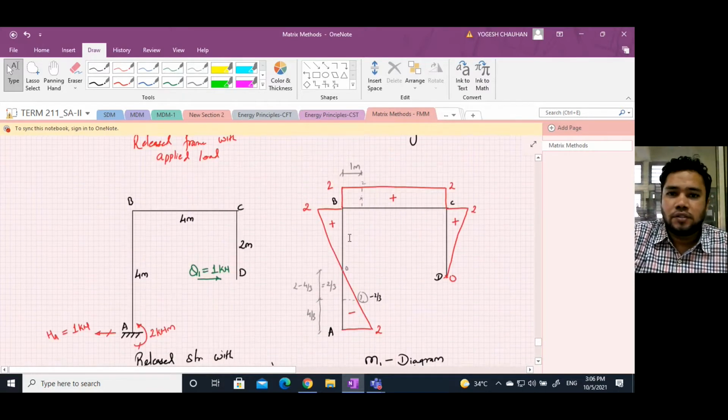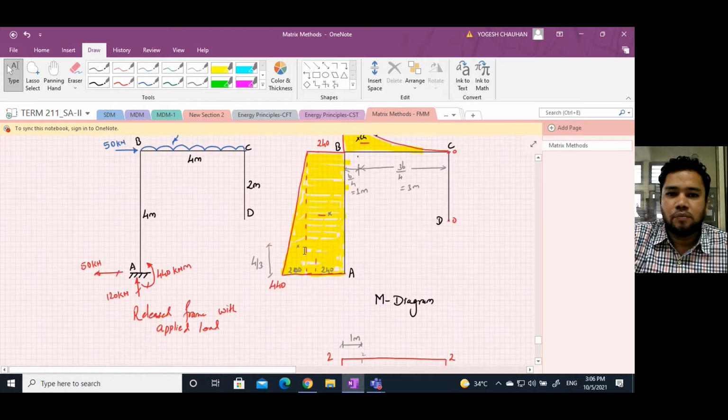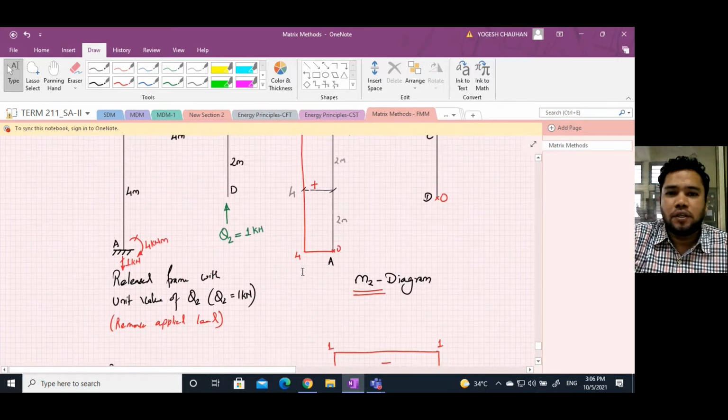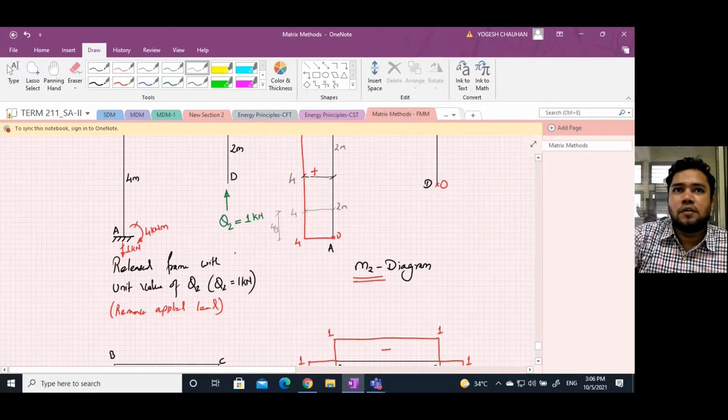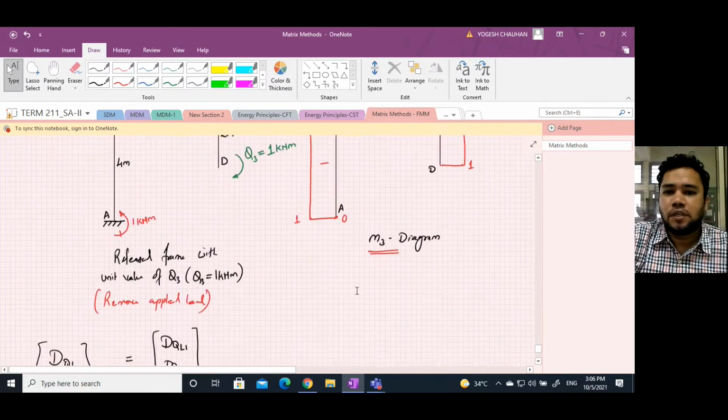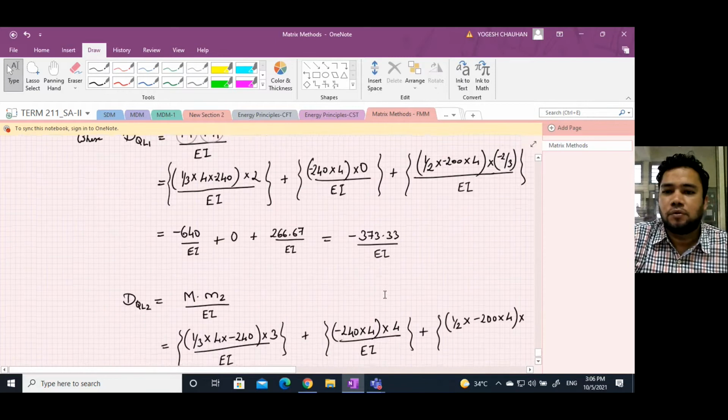Now the CG of this triangle part is at 4 by 3 distance from A, and the corresponding ordinate in this diagram at 4 by 3 distance is 4 only. So multiplied with plus 4,